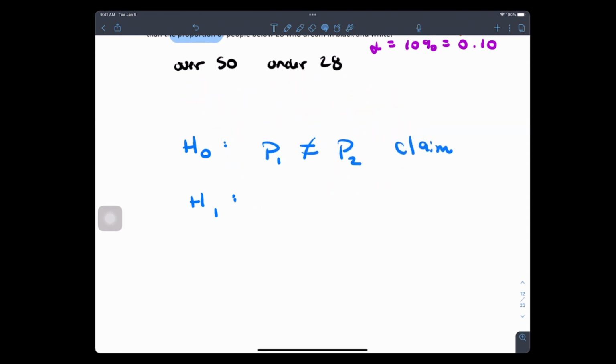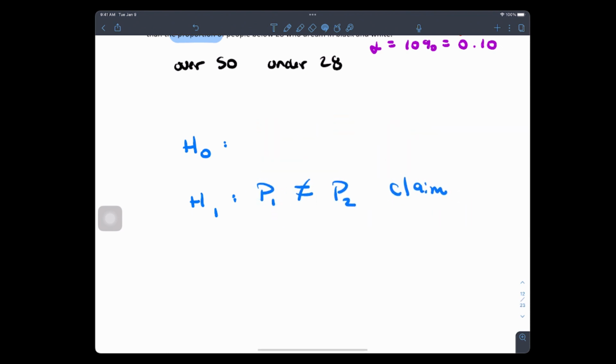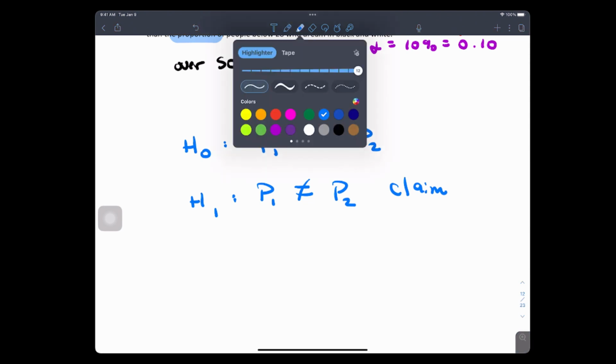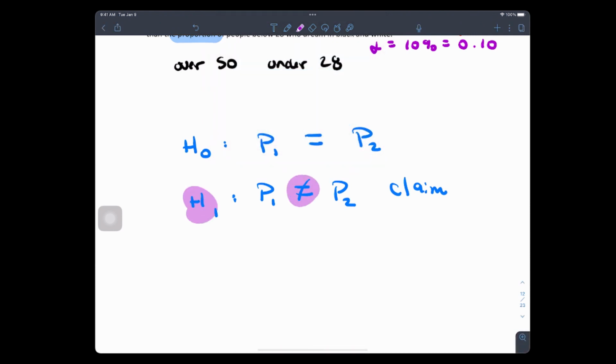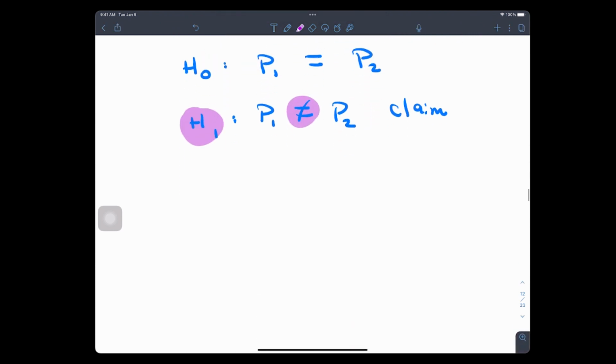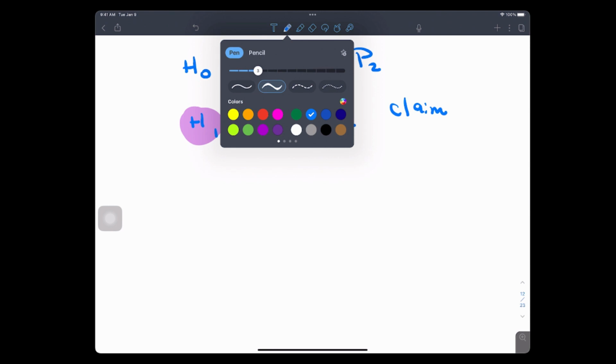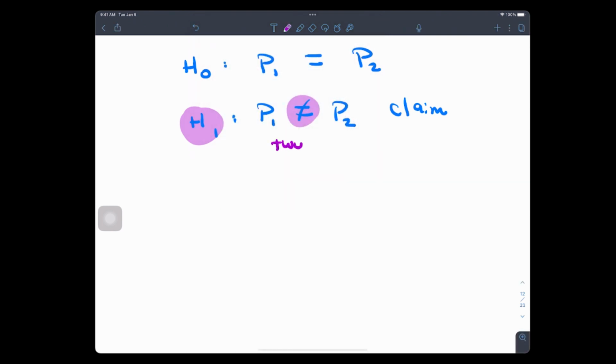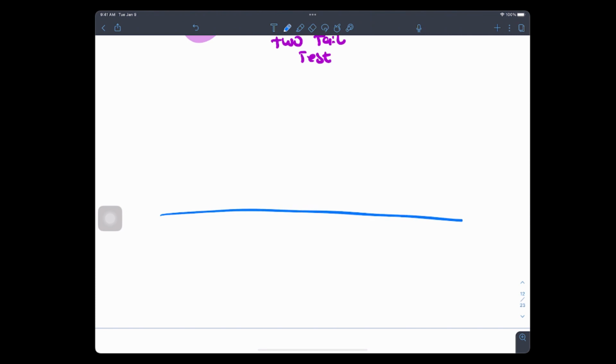Where does this hypothesis go? Is it a null or is it an alternate? Not equal, lacks a condition of equality. This is P1 equals P2. So, ladies and gentlemen, what do I do now? This is not equal, and this is H1. What do we do? Is this a two-tailed test? All right. Draw a picture. Two tails.